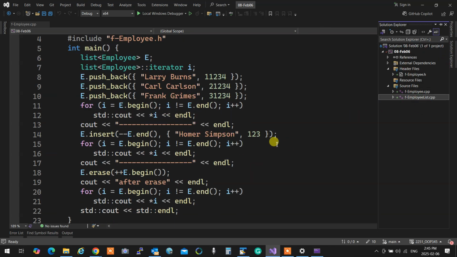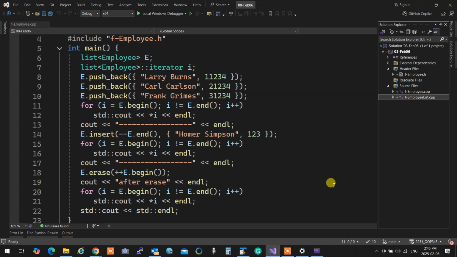And now I can do the exact same thing with, for example, a list of employees. As you see, everything works exactly the same way in all containers. It doesn't matter if it's a composed type or how you are working with it. When I'm pushing back, take a look at what I'm pushing back inside of that list of employees. In curly brackets, I'm putting two values that match the constructor of what an E is supposed to be made up of. It is automatically cast, and a copy of it will be added to the list.